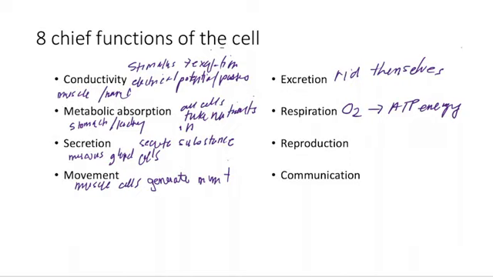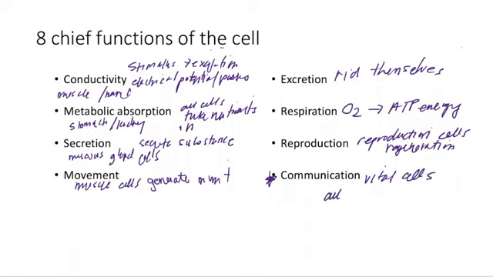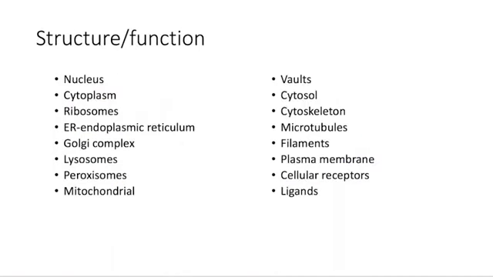Reproduction, tissue growth occurs, cells enlarge, reproduce themselves. So we basically have reproduction of cells, regeneration, and tissue maintenance requires new cells be produced to replace the cells that are lost normally in cellular death. We'll talk about cell senescence a little bit later as well. Communication is vital for all cells to be able to maintain their viability. They need to be able to communicate back and forth, allow for that steady state and homeostasis. We're going to go into each and every one of these.